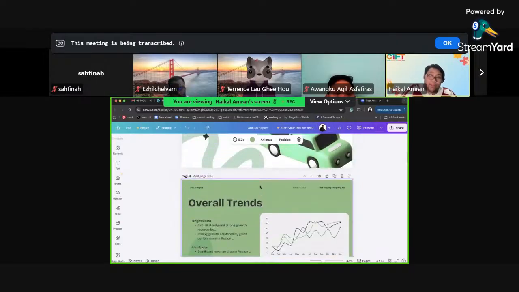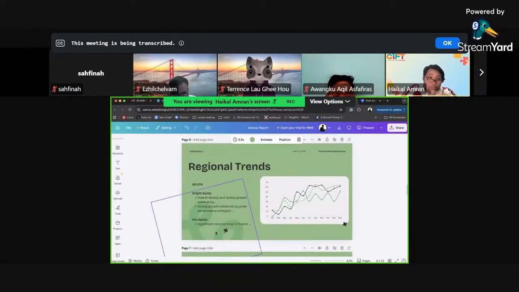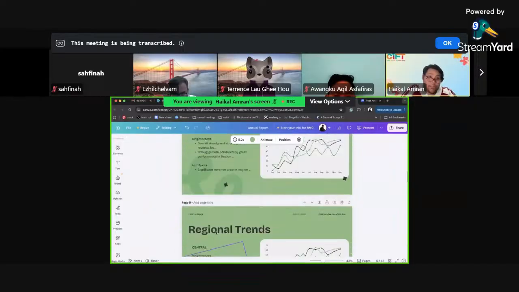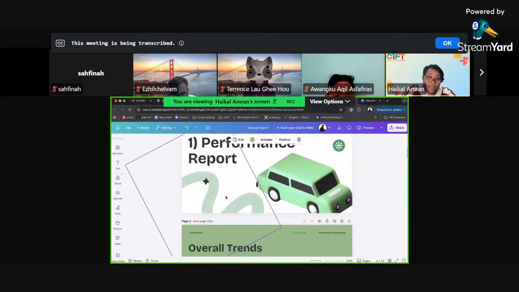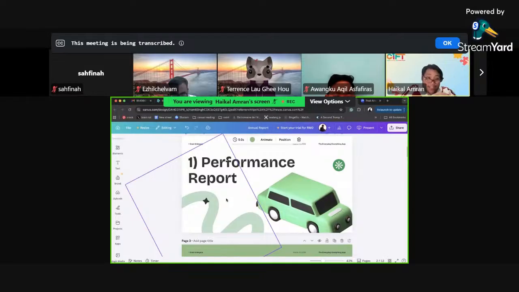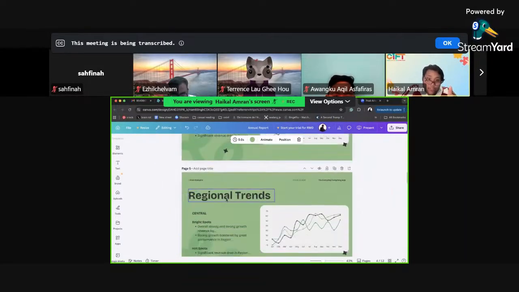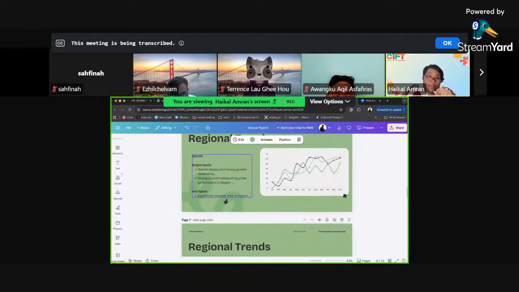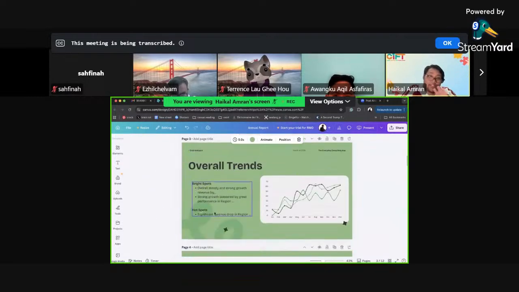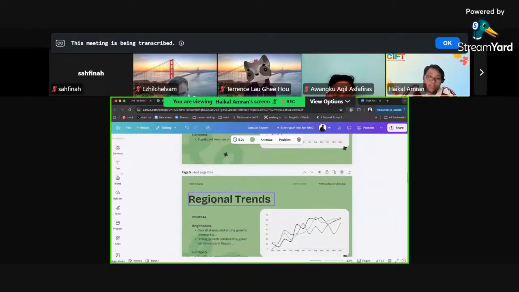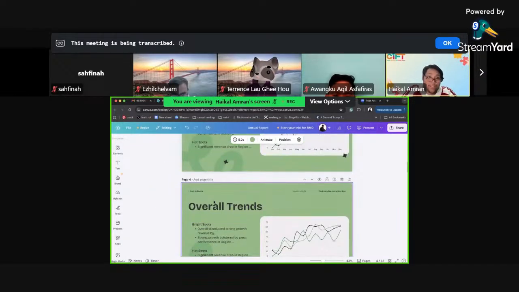All right. By the way, when I said three, it's not like three for each slide. It's three for the overall. So truly, I'm not asking too much here. All right. For example, in the performance report part, when I say three analysis, it truly means three analysis from overall trends and regional trends all together, not for each slide here. Okay. So you can just do two here or two here, two here. That's also fine. As long as you don't give less than three.